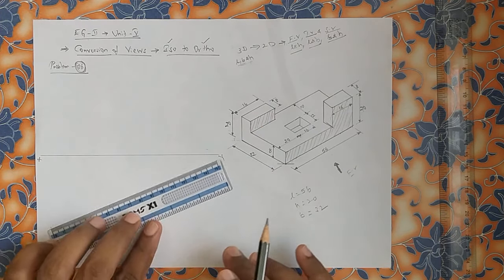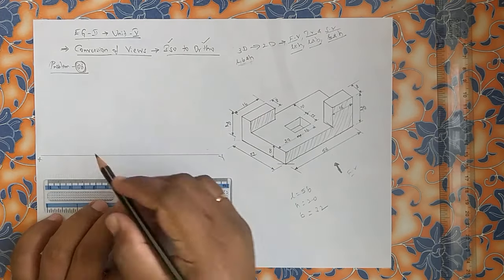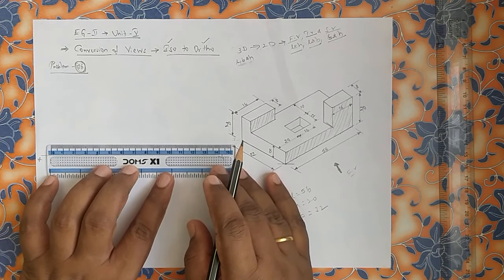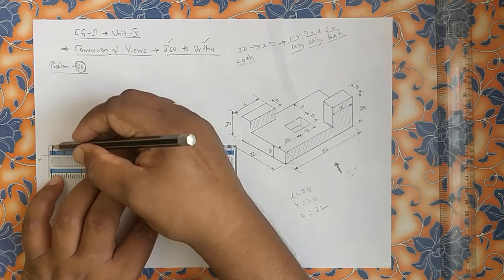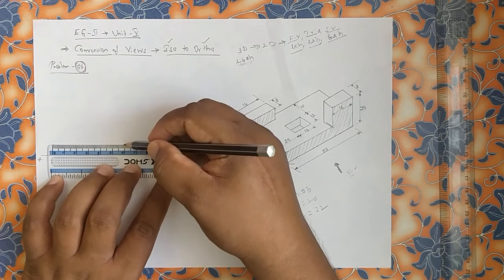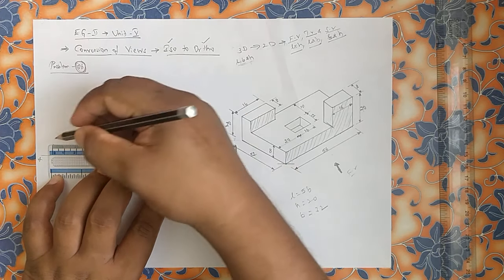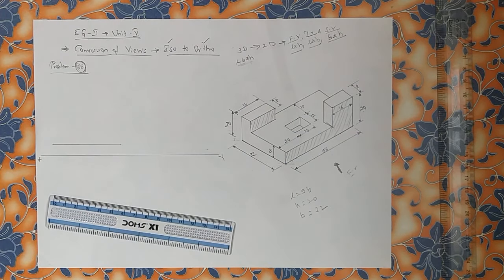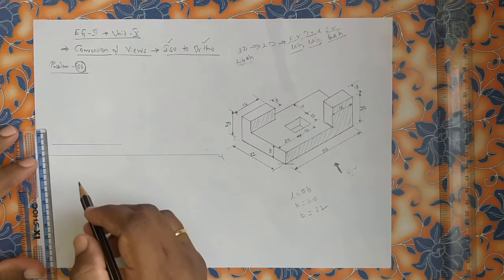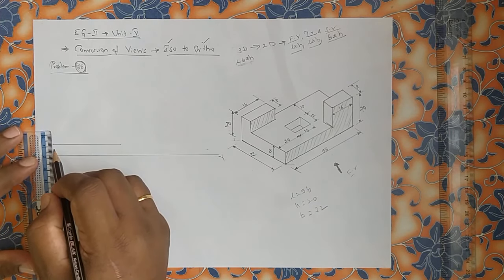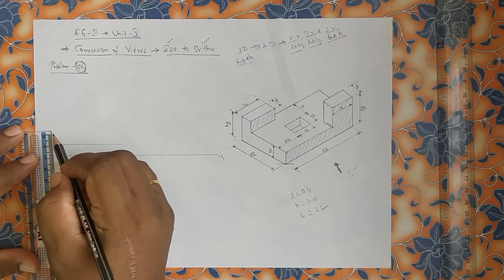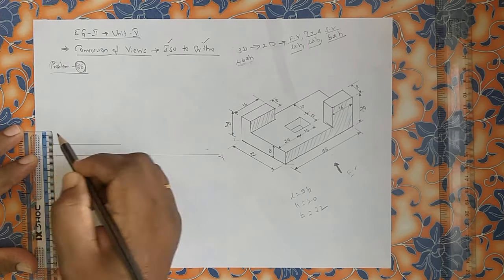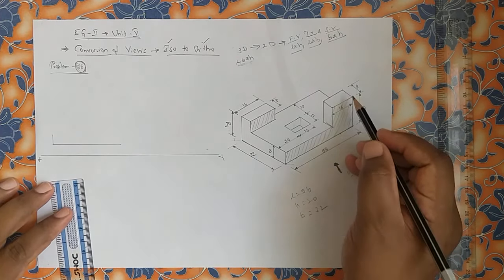Now how you can start this? I am starting with front view. See, above XY line, whatever the distance you can take, 10 mm or 20 mm. See, I am starting here, total length 56, from 0, 55, 56 up to here. See, I am starting first light, length line. Now what is the height here? 8. Try to draw 8. Now on the right side, total height is 20.